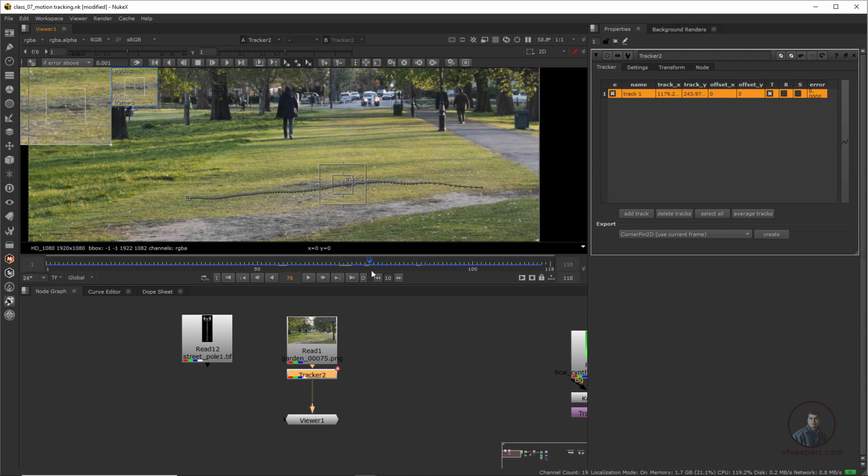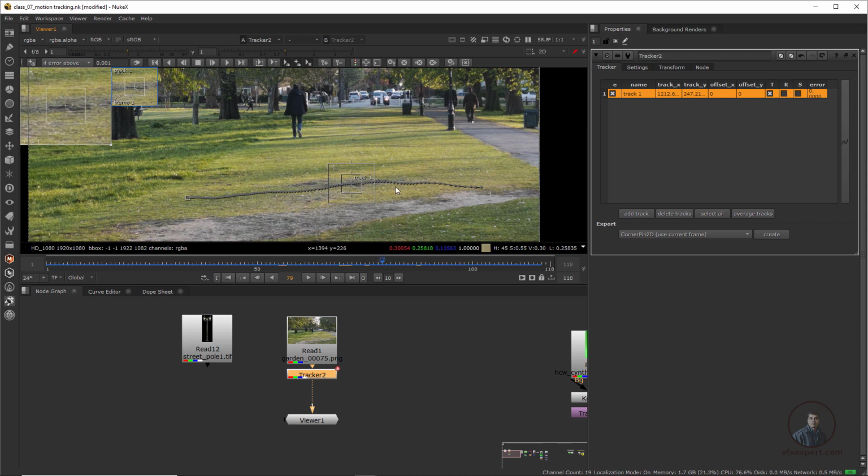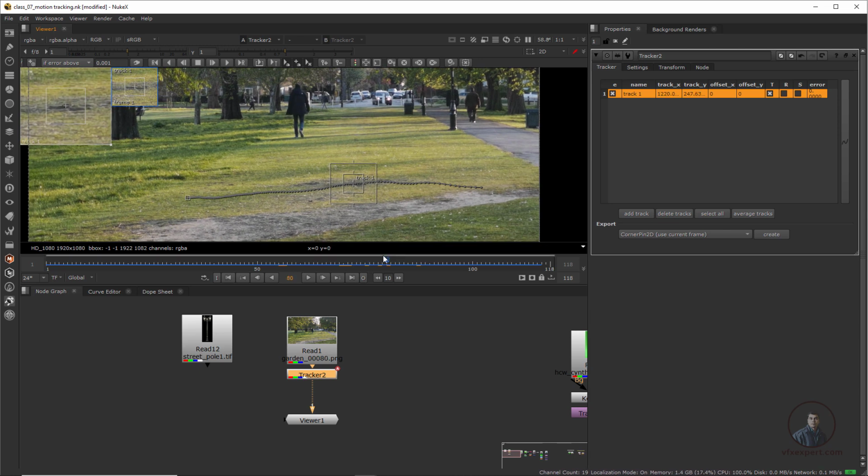Suppose you are tracking any points and after some frame it is not giving a smooth path or any accurate data. From this frame onward, if you want to delete all the tracking data, then you can use these two options. This will clear your tracking data from your playhead to the end or from your playhead to the beginning, depending on the option. If you click on clear forward, this will clear the tracking data. If after some frame the tracking is not perfect and you are getting errors, you can clear your data.